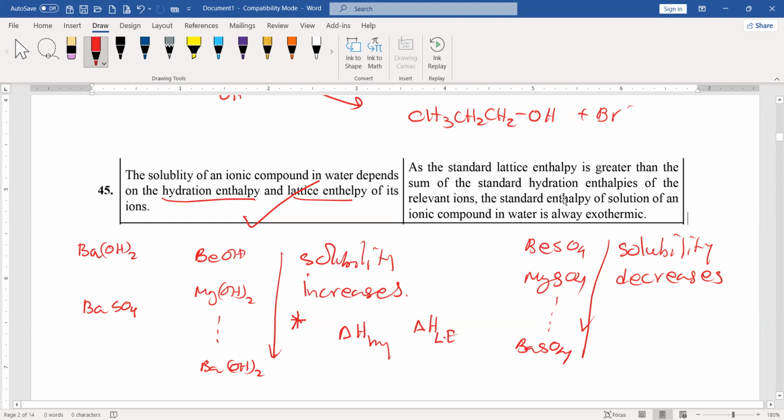As the standard lattice enthalpy is greater than the sum of the standard hydration enthalpies of the relevant ions, the standard enthalpy of solution of an ionic compound in water is always exothermic. The standard enthalpy of solution of an ionic compound in water is always exothermic. That is wrong. Why? That's what I explained here. The net value is not exothermic all the time. We cannot assure that. So the answer must be the